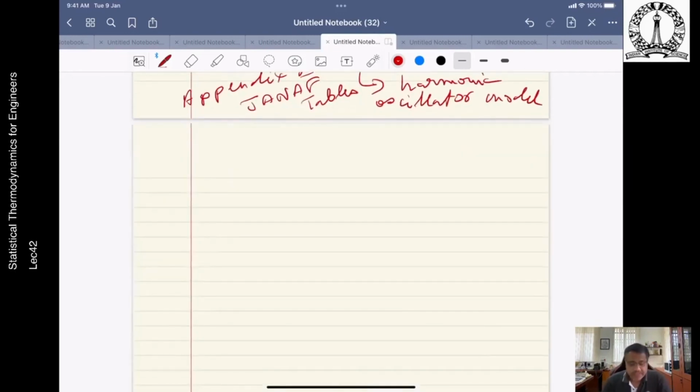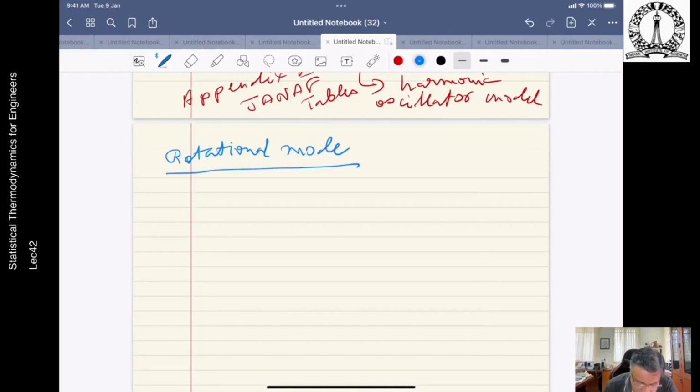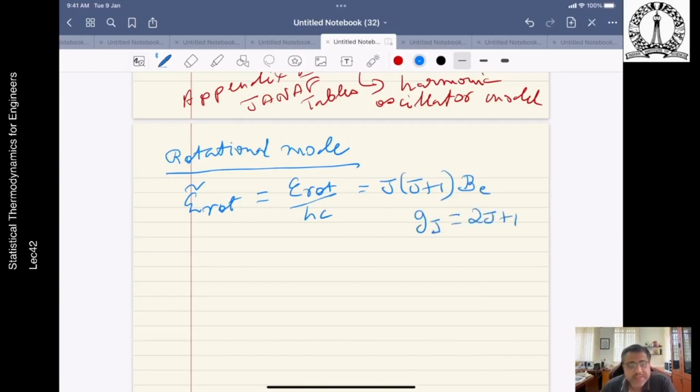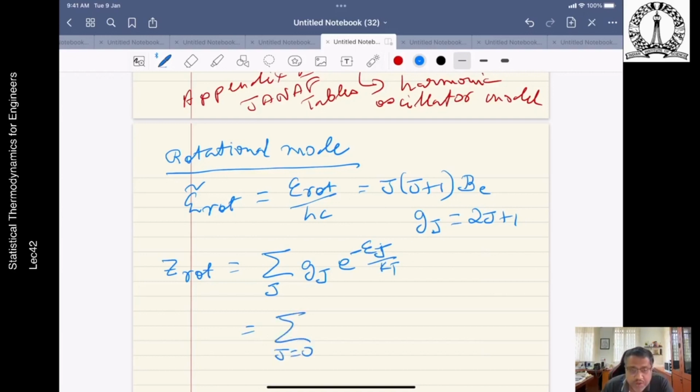Now let's go to the rotational mode. The energy of the rotational mode, we have epsilon rotation divided by hc. This we have written countless number of times now. J into J plus 1 into Be, where the degeneracy is 2J plus 1. So the rotational partition function becomes Z rotation, summing over all J, gJ exponential minus EJ by kT, which, if you write it properly, J equal to 0 to infinity, 2J plus 1,